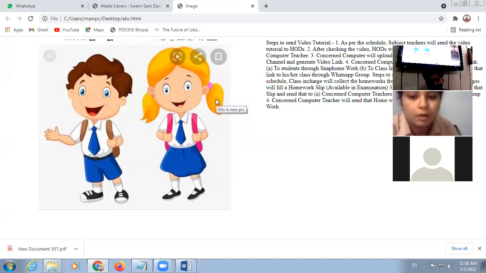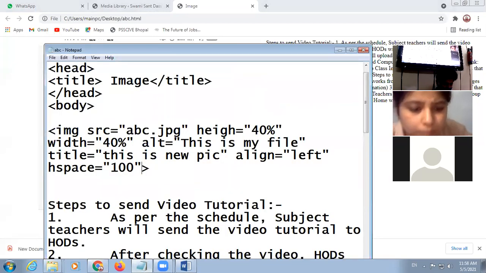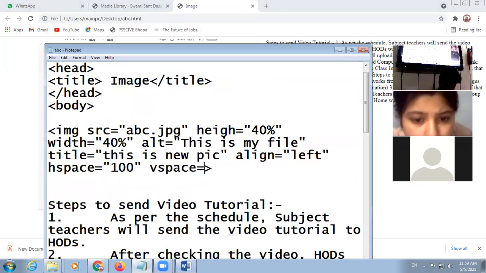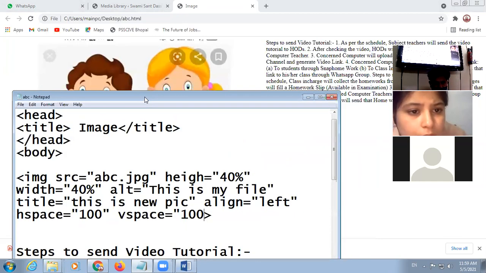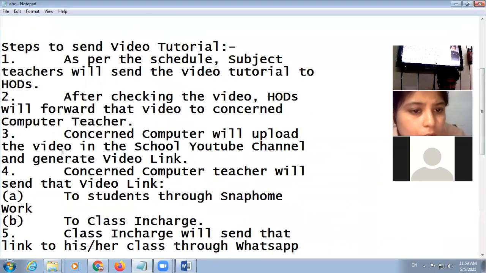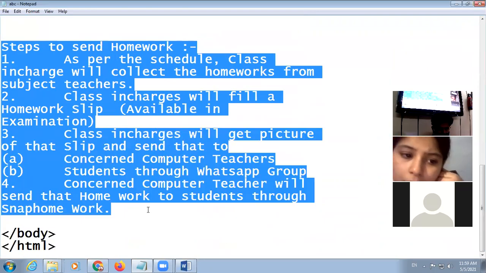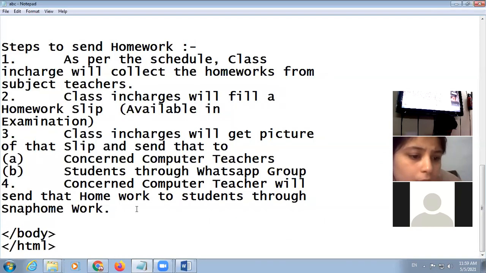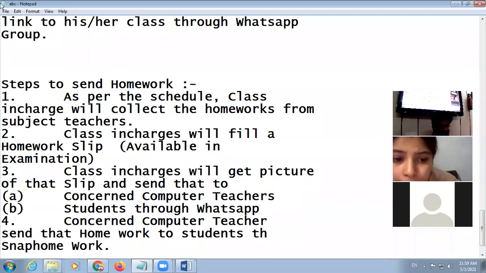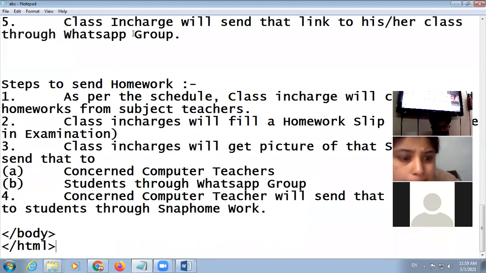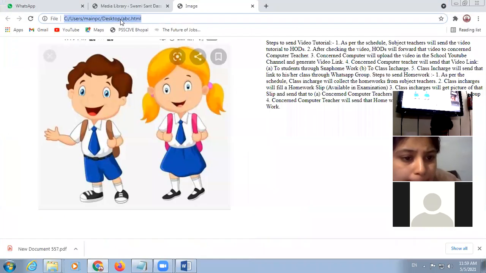If I want to give extra space at the top and bottom of the image, the way is vspace, vertical space. I am increasing the contents so that there is proper visibility.